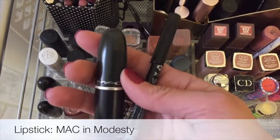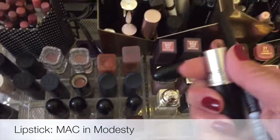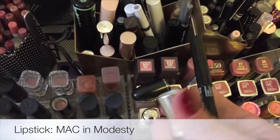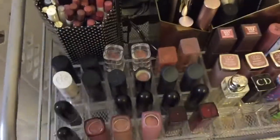I'll open it up for you to see, but these two paired together work really well, and I love this pinky color from Modesty. As you can see, I've used it a lot. I love this color. It's a really, really good lipstick. So that's what I would pick for my lips, but I would also pick a